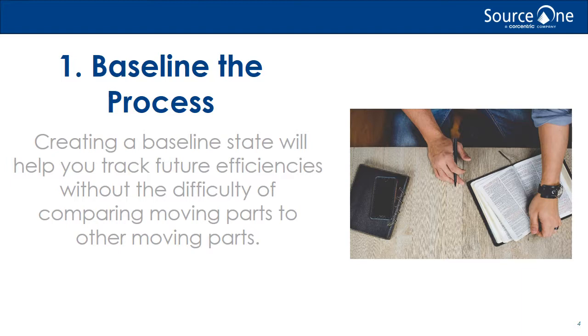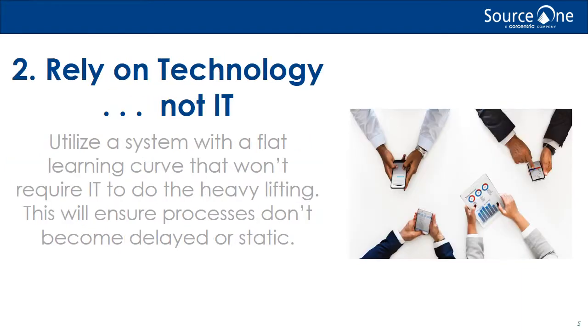The next best practice is to rely on technology but not on IT. Technology makes most processes more efficient, and utilizing a digital workflow system is an important step forward in improving business processes. The challenge emerges when a software is too complex and not customizable and relies on IT to do heavy lifting when creating or updating a workflow. Utilizing a system with a flat learning curve that offers easily customizable templates that can be used by the layman will ensure that processes do not become delayed or static due to a disconnect between the process owner and